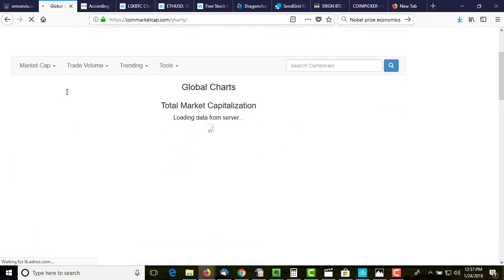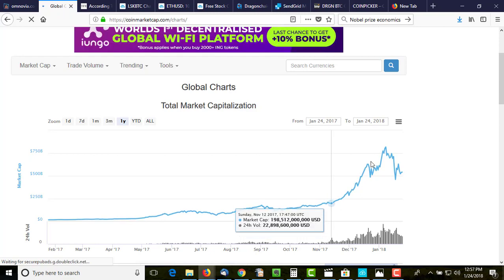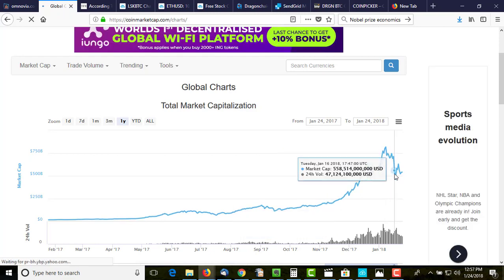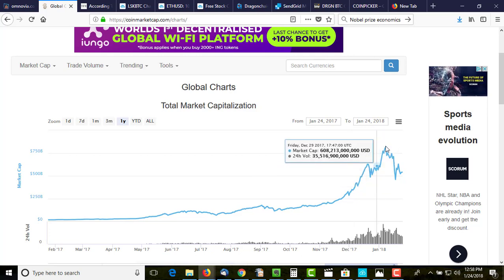Let's look at the big picture. Maybe 1 year. Let's do 1 year. We have this waterfall drop, okay? So the big issue is, and everybody's saying, oh, it's going to recover, it's going to be back, hodl. Great. I'm in agreement. Cryptocurrencies are going to be with us for a very long time. The market isn't disappearing. So I'm not going to say that. What I will say, though, is this was a bubble.